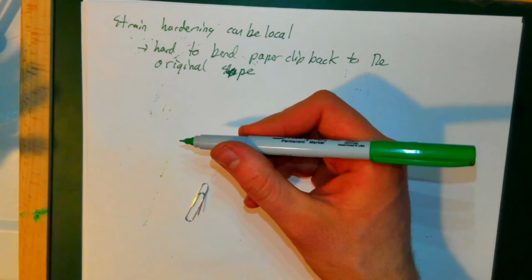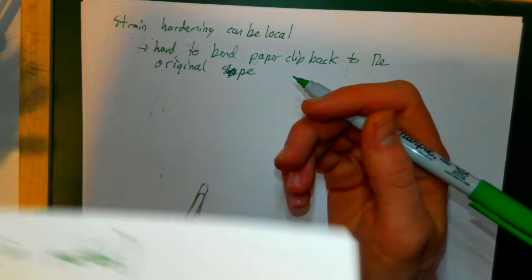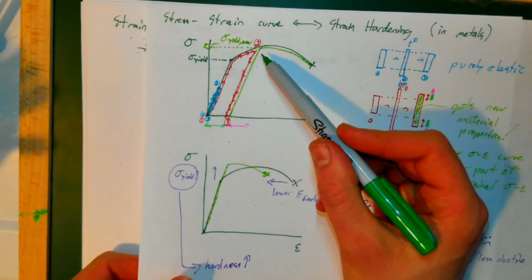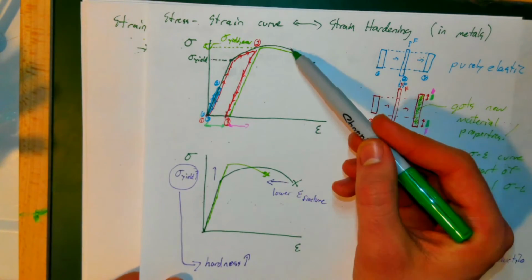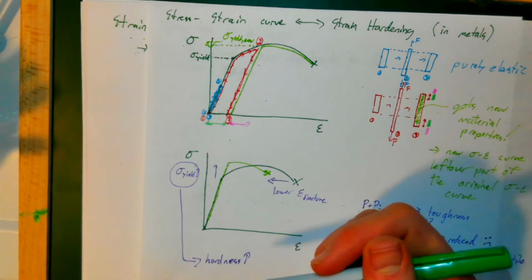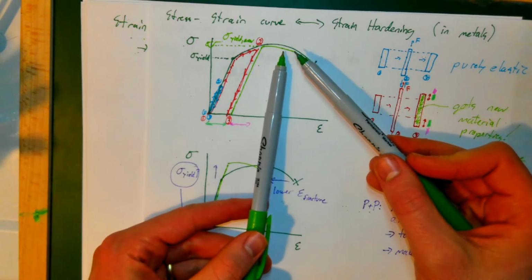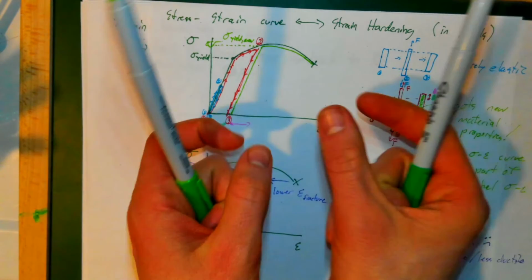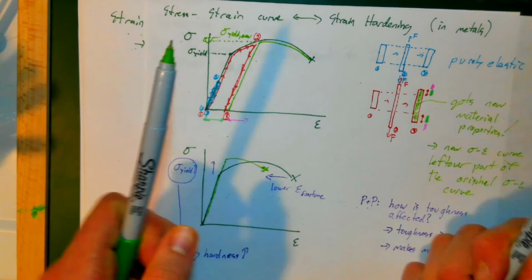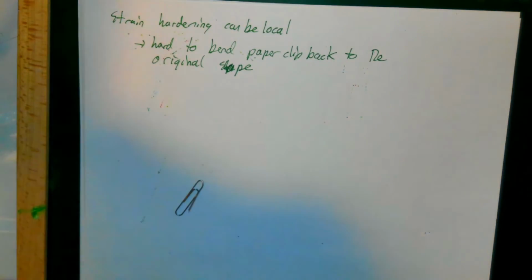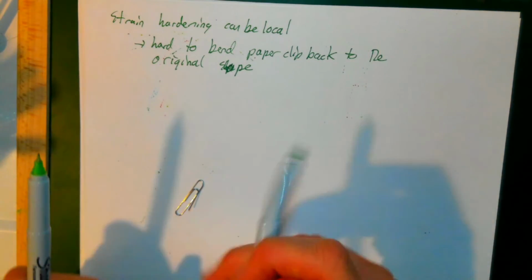Well, you could imagine that some of the paperclip retains the original dark green curve, but other parts of the paperclip, in particular the ones that I deformed to try to straighten it out, obtain the light green part. So originally,